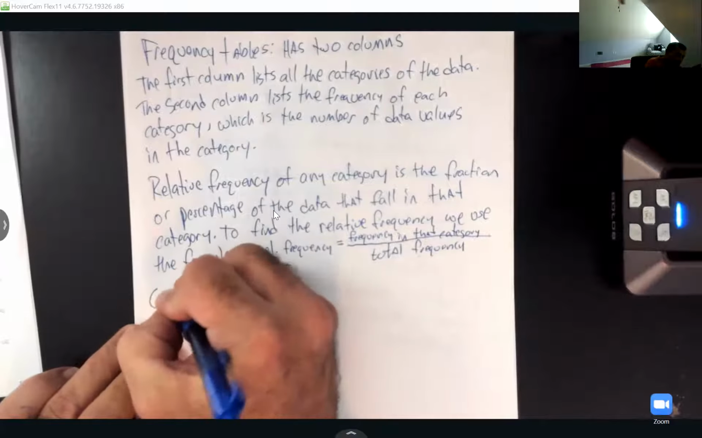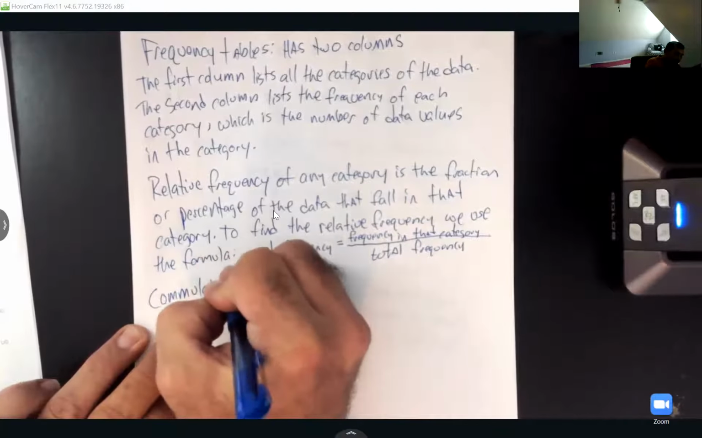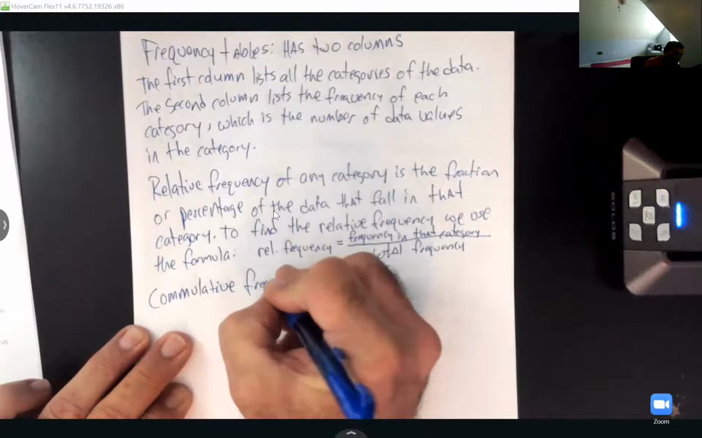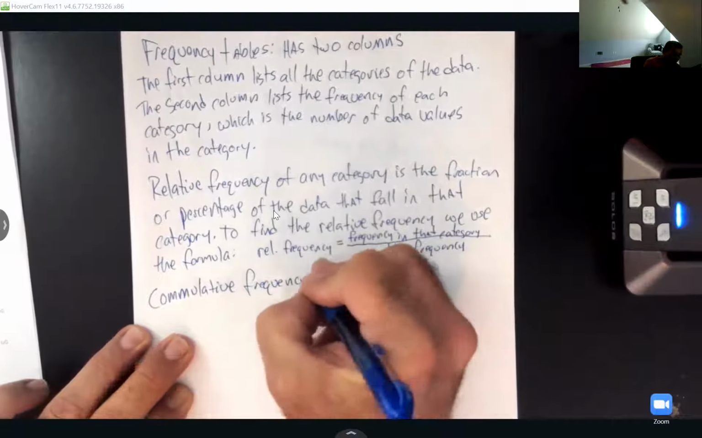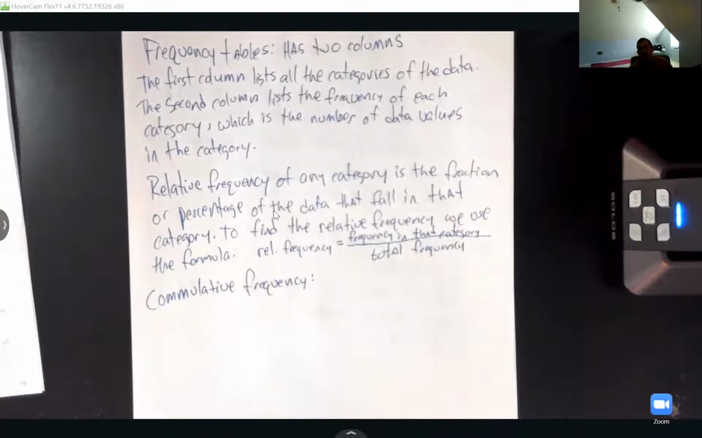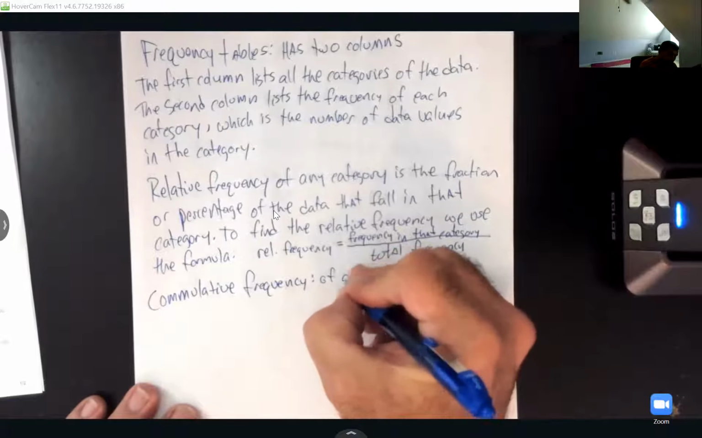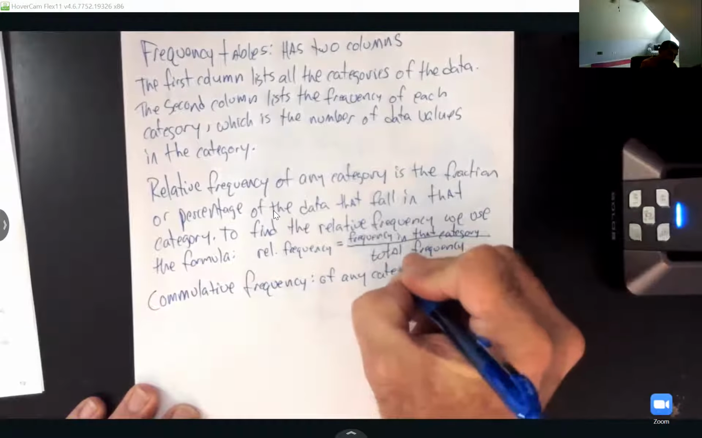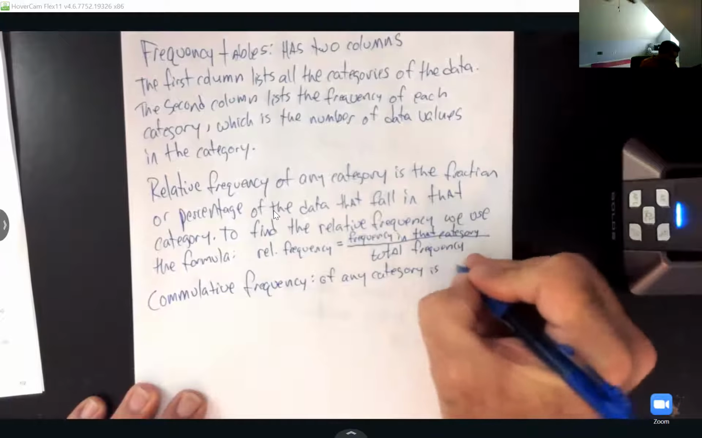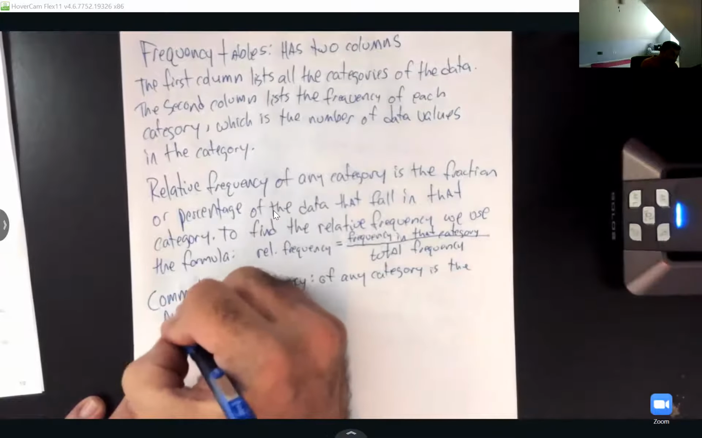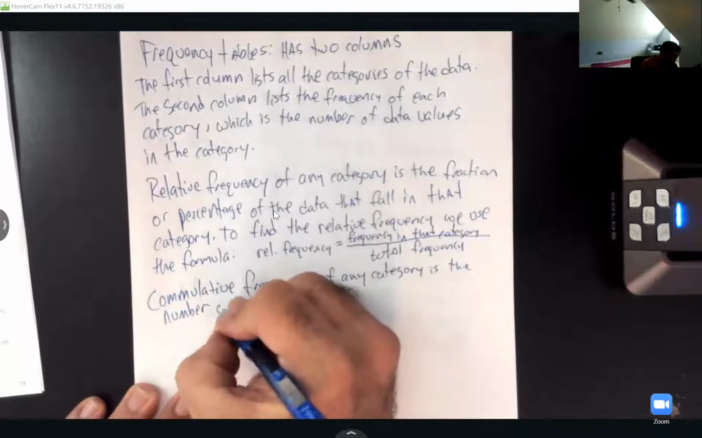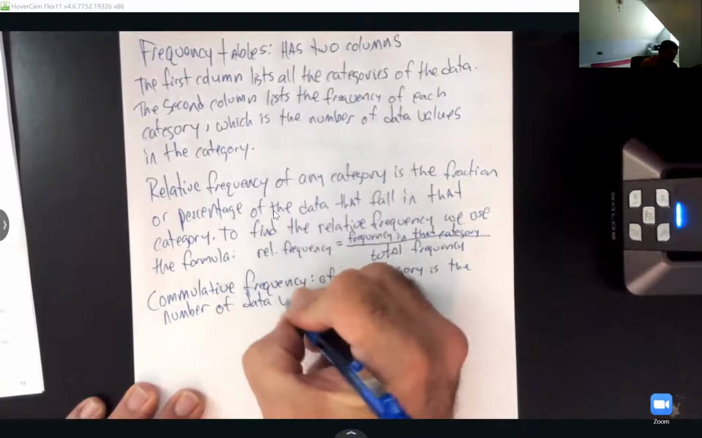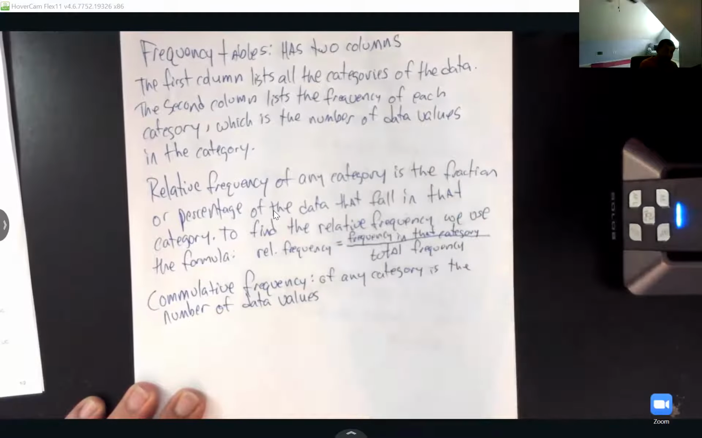And then we got the cumulative frequency. And when you see that word cumulative, it sort of means things that are adding up or totaling. So this cumulative frequency of any category is the number of data values in that category